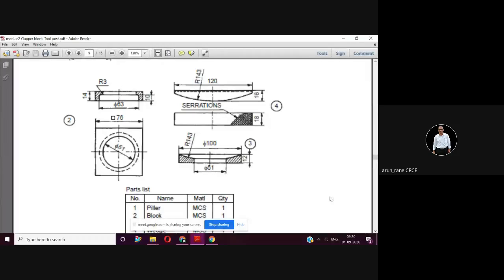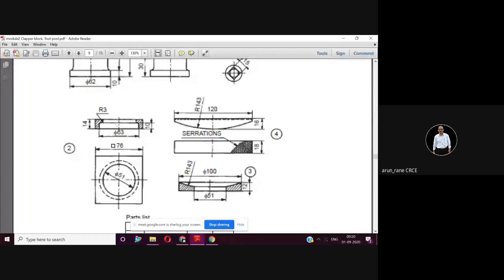And then the last component, that is the wedge. So again, the wedge is also simple. Adnan wants to join in, I'll just complete this. So the wedge is also simple. You draw this arc, then you draw these two lines. Ignore this dotted line. Once you complete this, then you can extrude it by 18 mm.